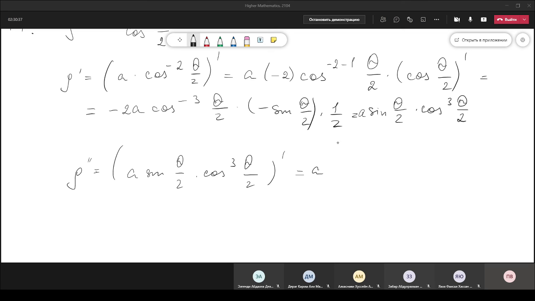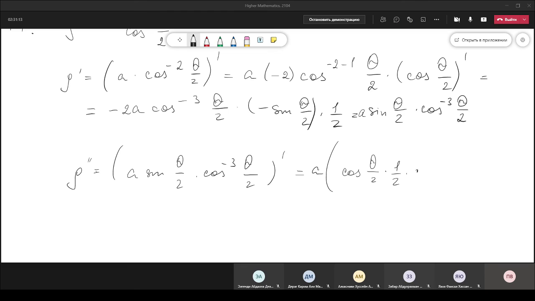A is constant, then derivative of the first term times the second term without derivative, plus derivative of the second term, minus 3, times the first term without derivative. And we have derivative of sine is cosine times derivative of argument,